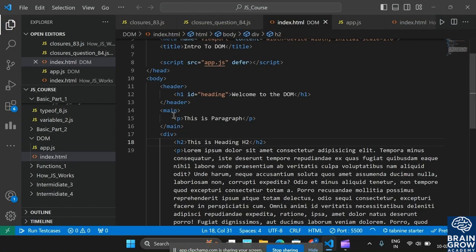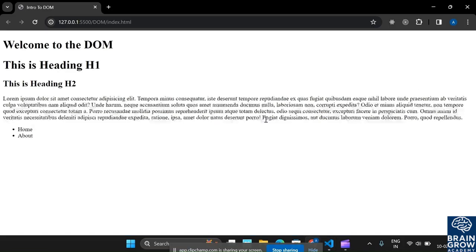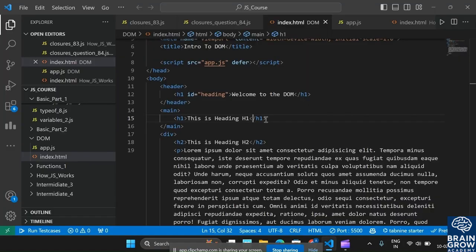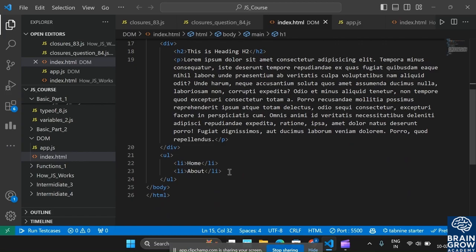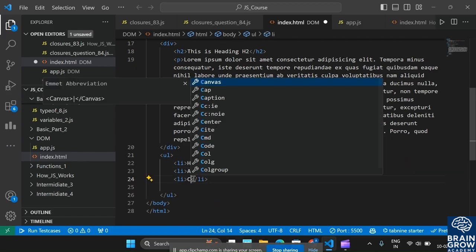Now remove this content also, and inside the HTML, this is heading h1, you can see that, and after that let us give li tags: home, about, and